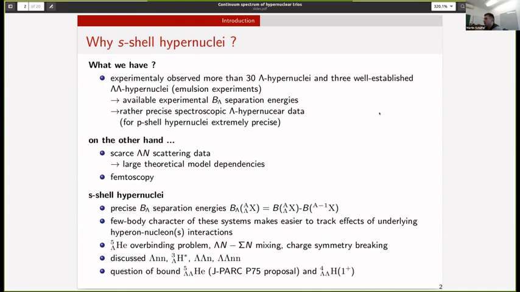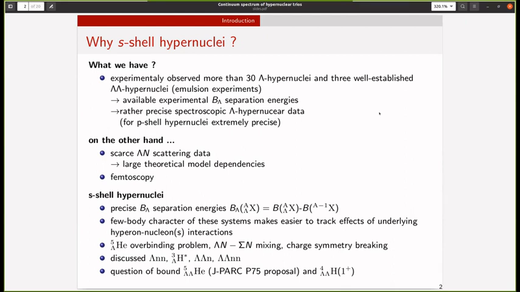And already there, for these S-shell hypernuclei, there are interesting phenomena such as lambda-sigma mixing, or overbinding of helium-5 lambda. And of course, there is an ongoing discussion about the character or nature of the lambda-n system. There is also the very interesting excited state of the hypertriton with spin 3/2, and also other